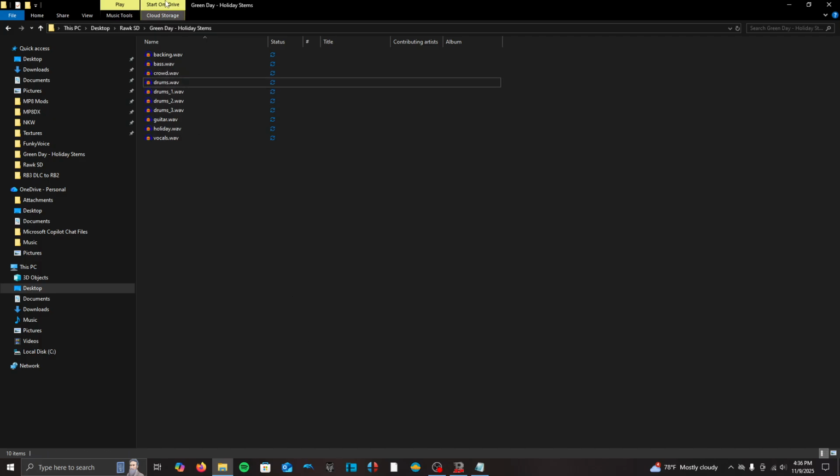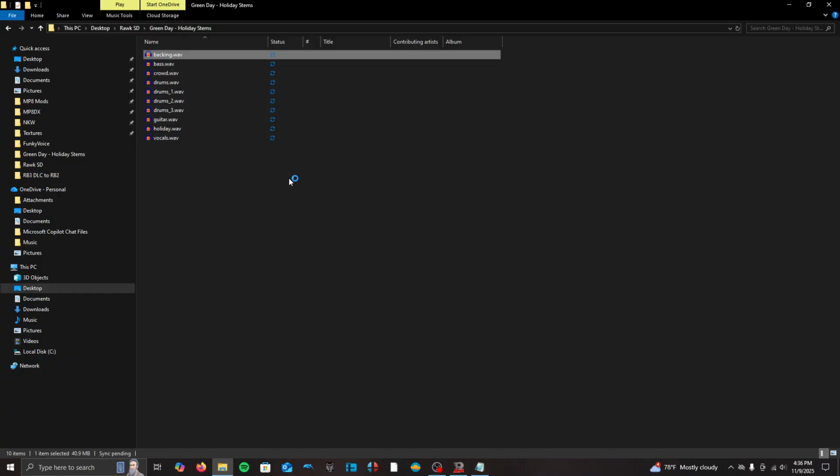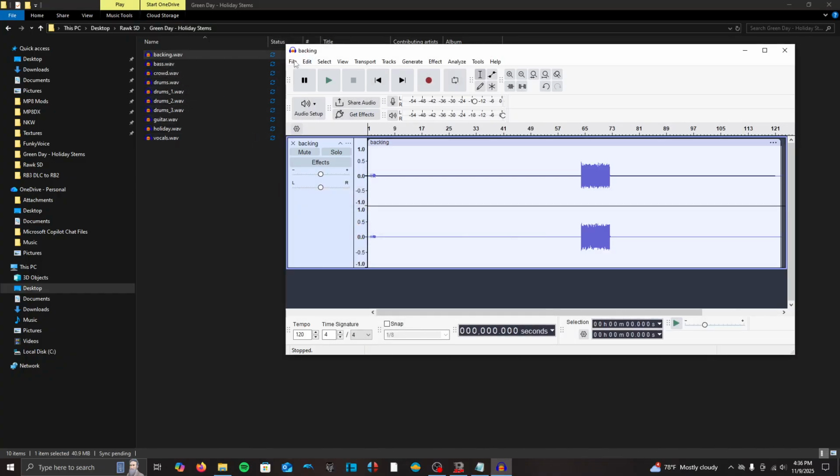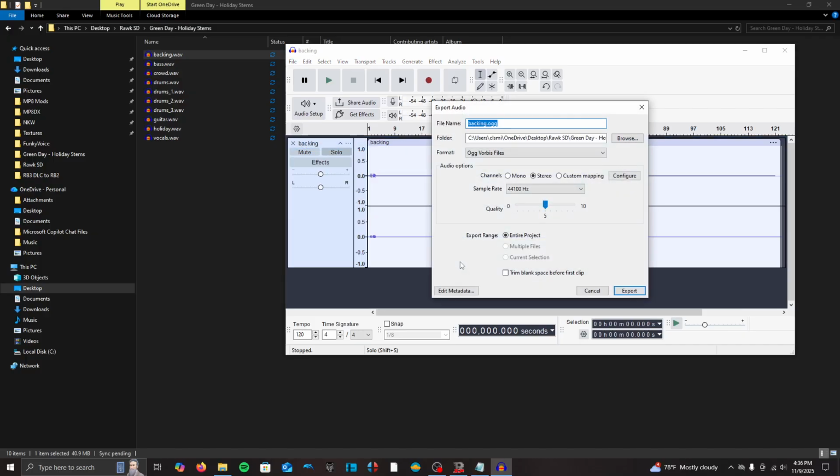And then what you do after that is select all these except for the crowd, and then make sure that here. Let me show you what to do. Let me just show you an example. So once you have all the audio files that you want to have, you're gonna click Export Audio, do Custom Mapping, and make sure that